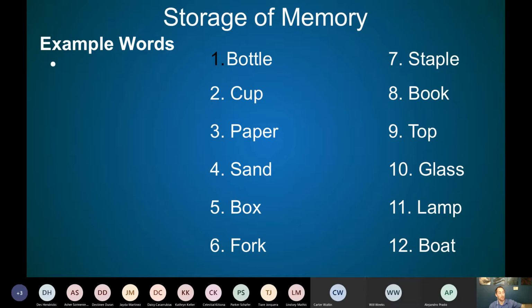One is bottle. So you say, okay, I'm walking through this house, or actually, for when I use this method, I use the house that I lived in when I was in high school. It was in Indiana, which isn't really relevant, but that's where I usually use. It's easy for me to remember all the different places in this house. So to remember this list of random words, I would associate these random words with part of that house.